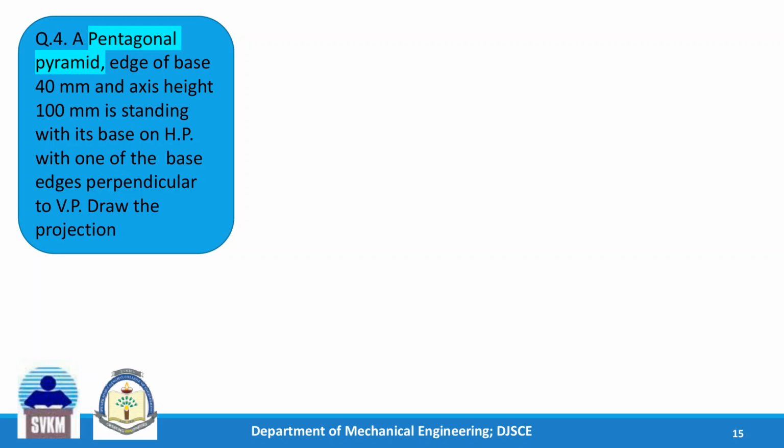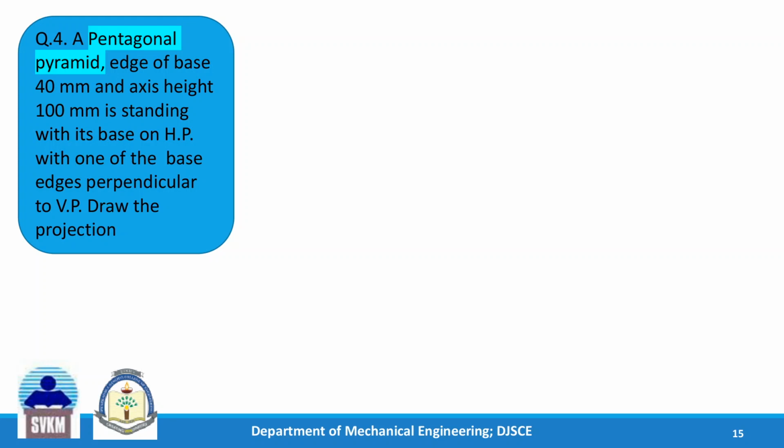So here this is almost similar to the previous one. Instead of hexagonal pyramid, now it is a pentagonal pyramid, and one of the base edges is given as perpendicular to the VP. Whereas it is resting on its base on HP, means axis is perpendicular to HP